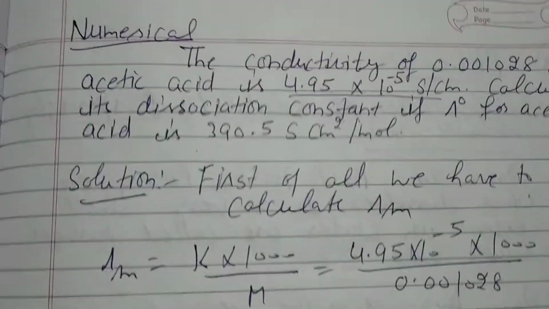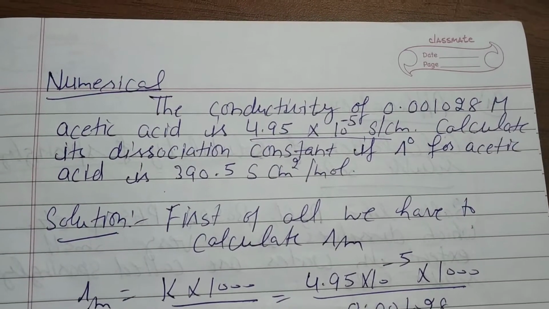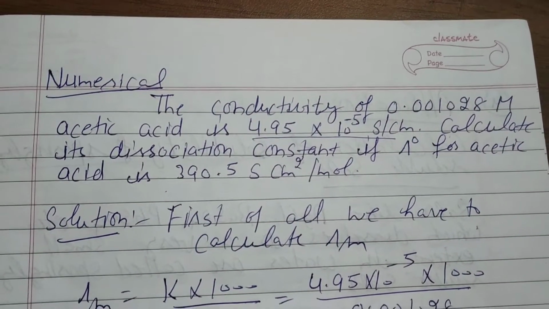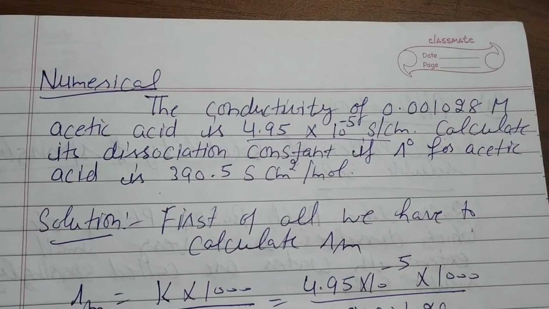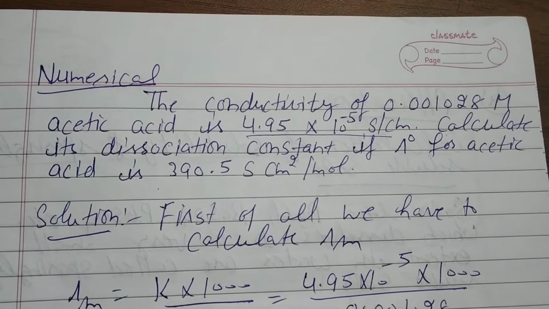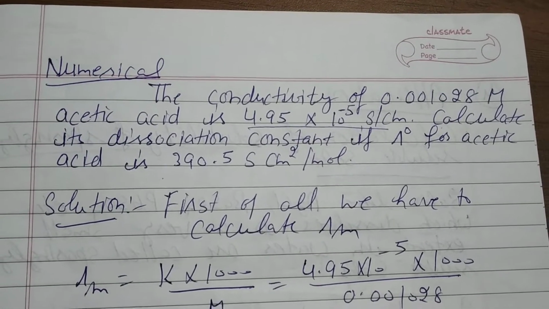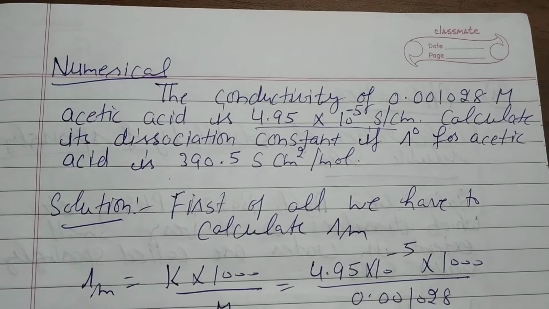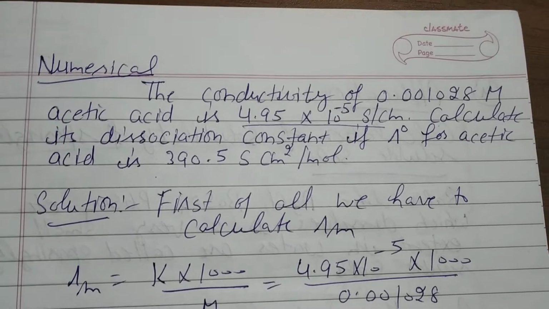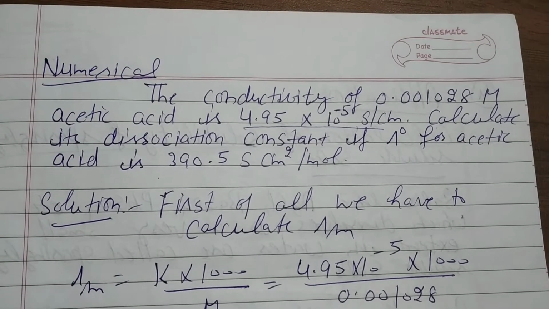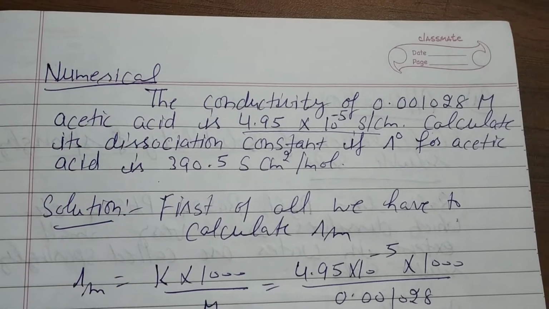We have a numerical. The conductivity of 0.001028 molar acetic acid is 4.95 into 10 raised to power minus 5 Siemens per centimeter. Calculate its dissociation constant if Λ°m for acetic acid is 390.5 Siemens centimeter square per mole. It means limiting molar conductivity is given, then